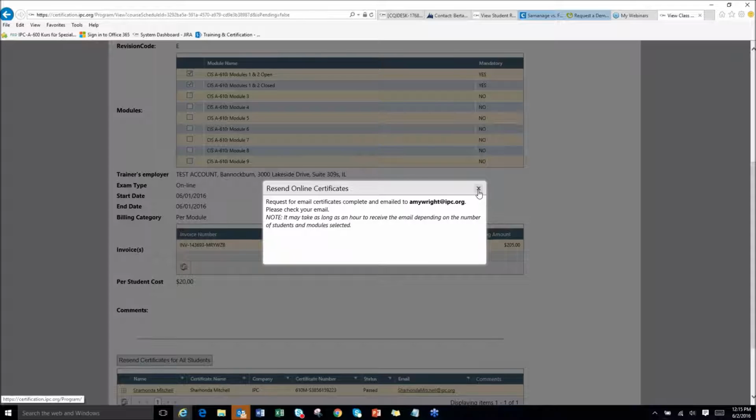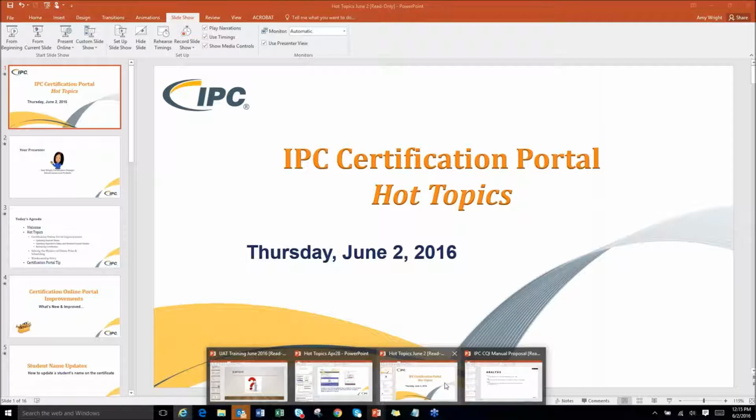For online print, it doesn't say resend certificates. It will tell you to rescore certificates. It'll say rescore for all students. By clicking on the rescore button, it's the same exact thing, and just to give you an idea of what that looks like,